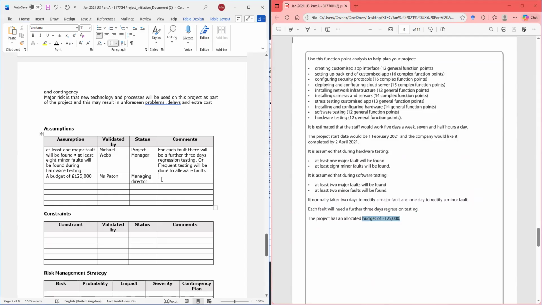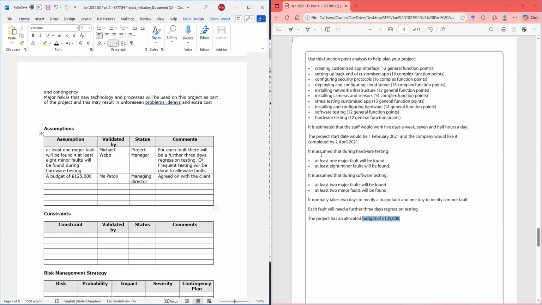So we could say that, yeah, because it's already agreed on with the client. All right. So we've already agreed on this. All right. So it's assumed that the project will need that budget of 125,000.